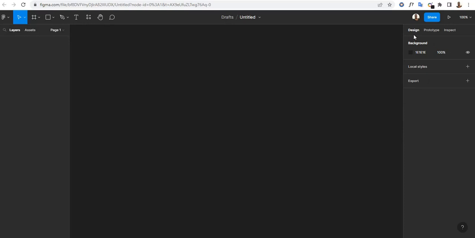You can see this side we have design, prototype, inspect, right? Here we just have background, local color, and export. You can see how this is. So the moment I click on frame, can we notice how that changed, right? So we have frames in here. Frames are